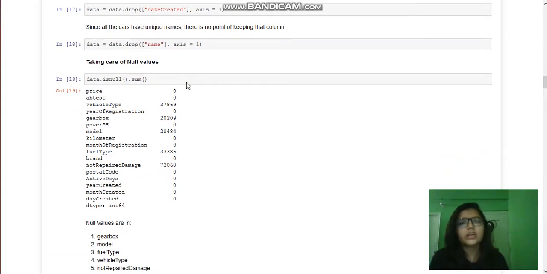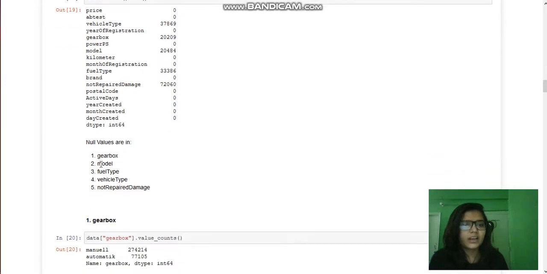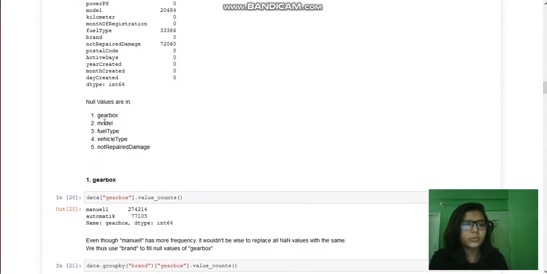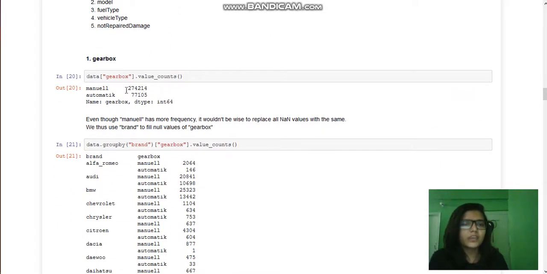Now we're going to take care of our null values. As we already know, we have five different columns with null values: gearbox, model, fuel type, vehicle type, and not repaired damage. We're going to start with the gearbox. We have 2,700 gearboxes that are manual, and the rest are automatic.